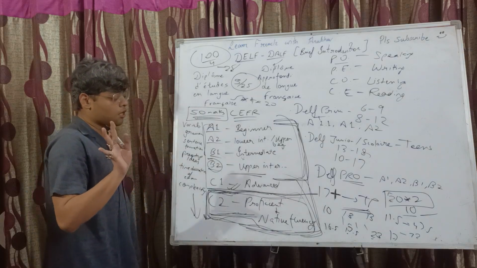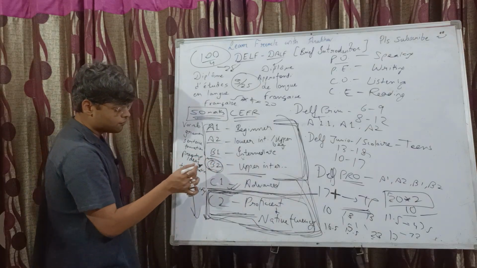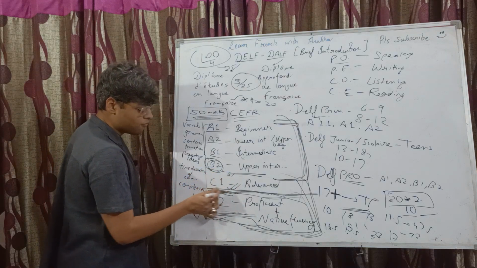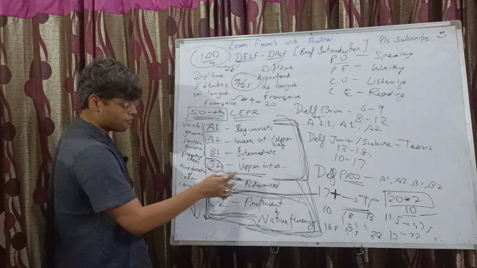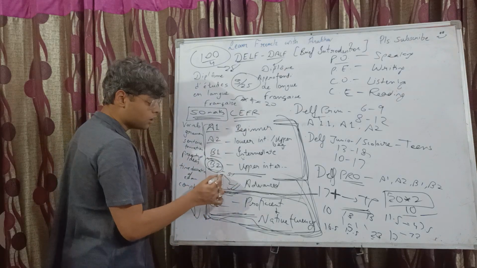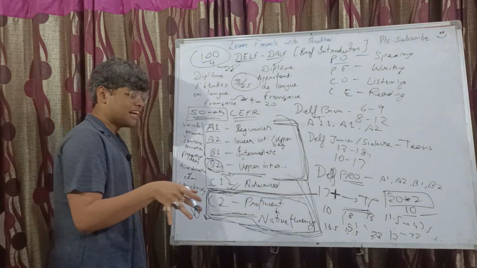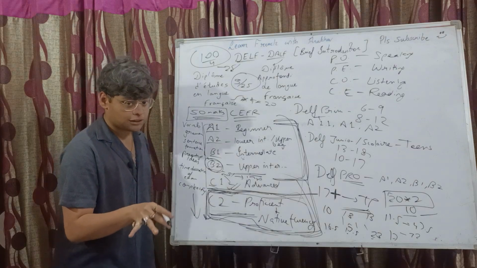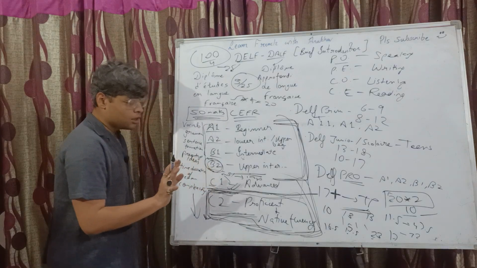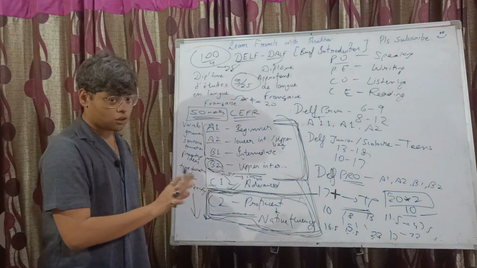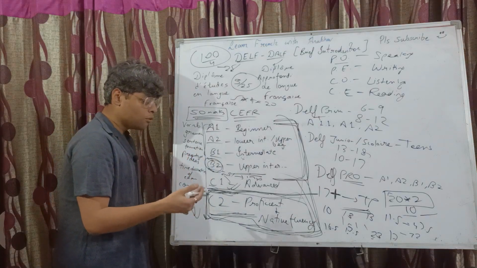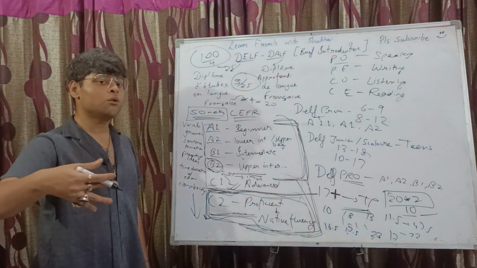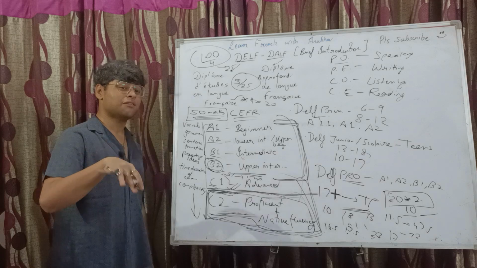Now you may think, if you have cleared B2 with, suppose, 51 marks, and after some time you have taken C1 classes, you have improved your skills, you want to retake your B2 exam just to improve your grade. That is certainly not possible. Since you have already got the success receipt, if you have got the passing marks, you are not really allowed to get a re-exam. It's just that in some scenarios it is done that you need to get your previous diploma cancelled.